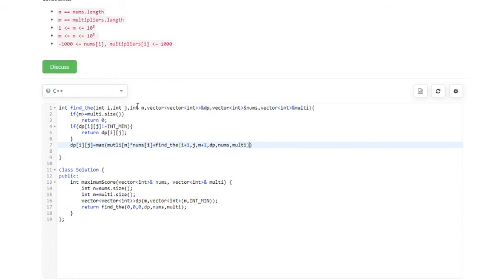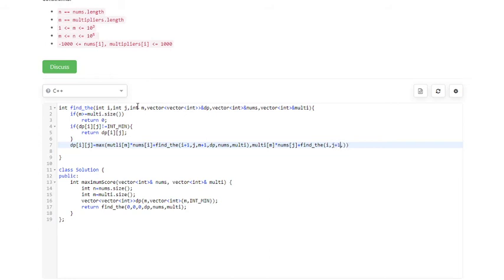Multi[m] into nums[j] plus find with i comma j minus 1. Since we use, oh sorry.